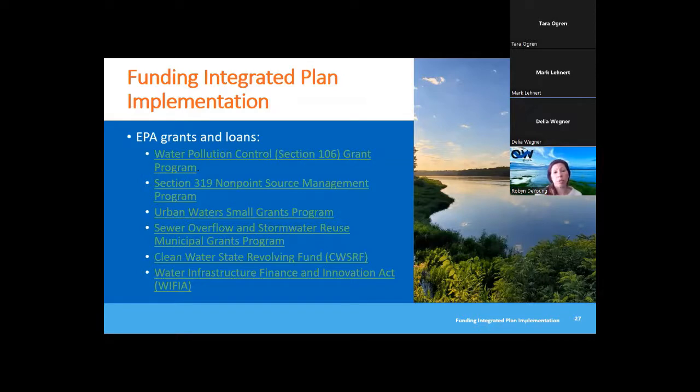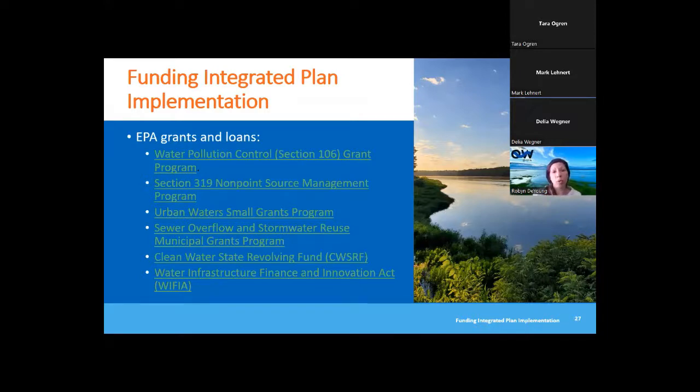Some of them are very similar to funding the development of the plan, and there might be some others. For example, Seattle has gotten 2 WIFIA loans to fund the projects within their integrated plan, over $288 million. Is it million or billion? I think it's million. But so they've gotten a WIFIA loan for that, and having that integrated plan set them